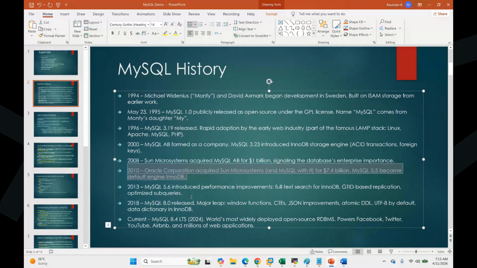There were many performance improvements in 5.0, 5.1, 5.5, 5.6, 5.7, multiple versions they released after they acquired it from Sun Microsystems, because there is another product, MariaDB, created by Monty, who initiated this original product. That can be competitive. If that becomes competitive, then Oracle's MySQL will be killed off. Nobody will implement it. MariaDB is completely open source.